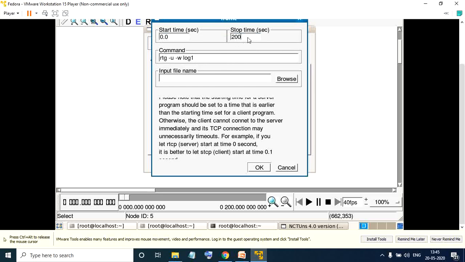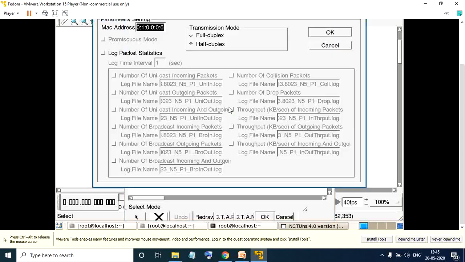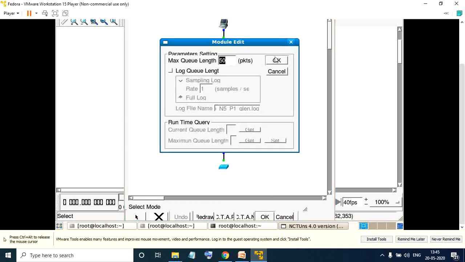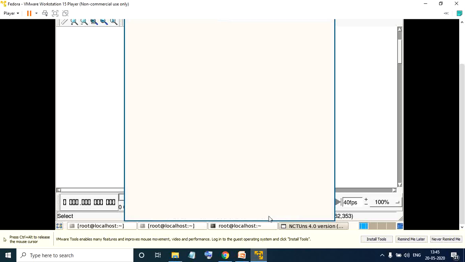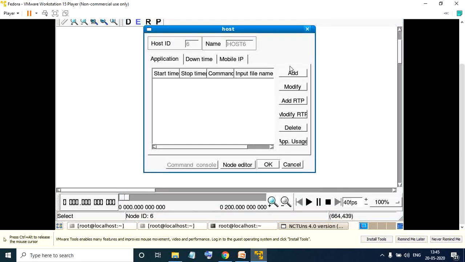Just change the simulation time to 20. OK. Go to node editor again, MAC. Select the throughput of the incoming packets. Say OK. I guess so FIFO, yeah, we'll check for the safer side. It is 50 and OK. So this is done for the second receiver. We'll go for the third receiver.